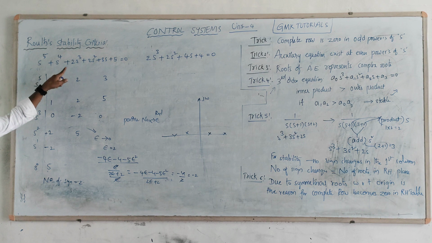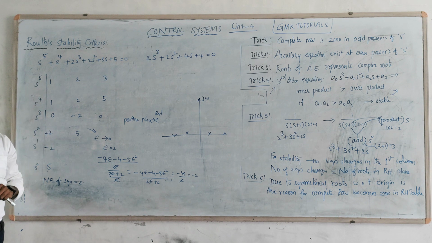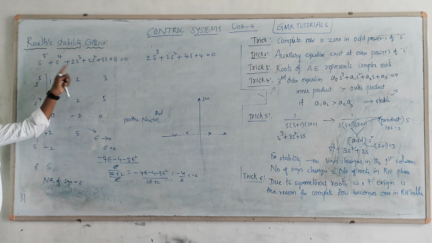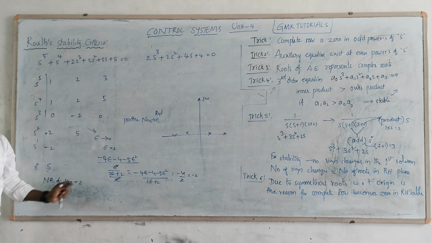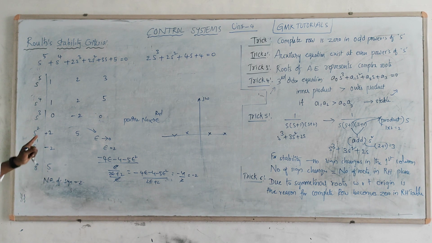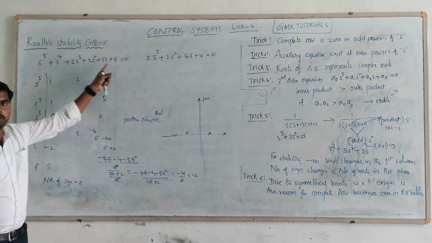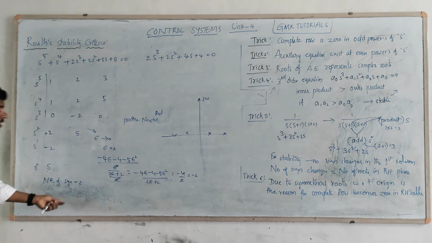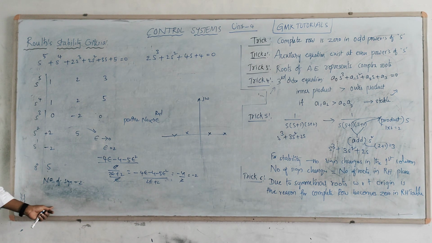Even though here one important criterion, our necessary condition, is that all coefficients are positive. That first condition is valid, but even if all coefficients are positive, the system can still be unstable. So that's why it is not possible to decide using only one condition. Even if the coefficients are positive, there is a chance the system approaches instability. Okay, that is the conclusion for this one.